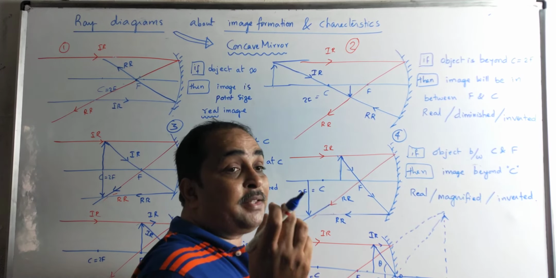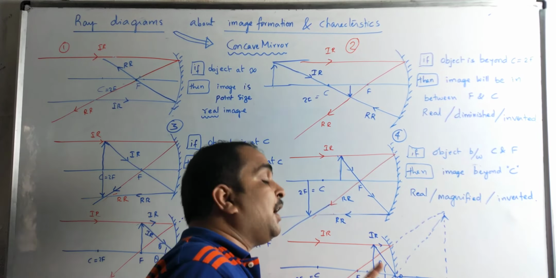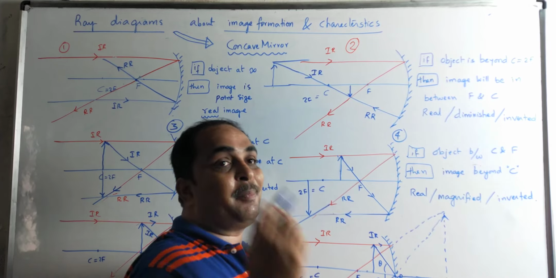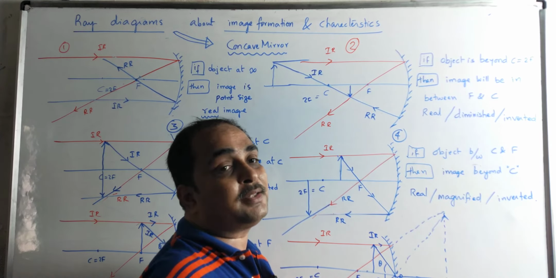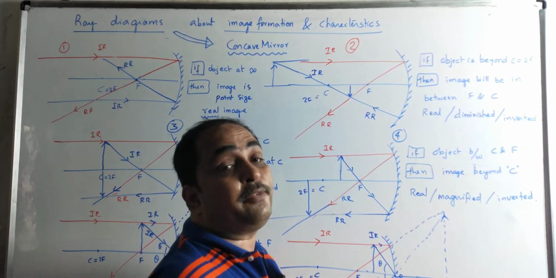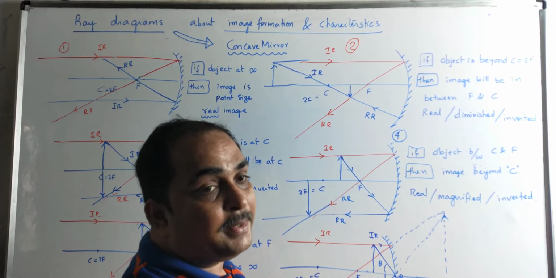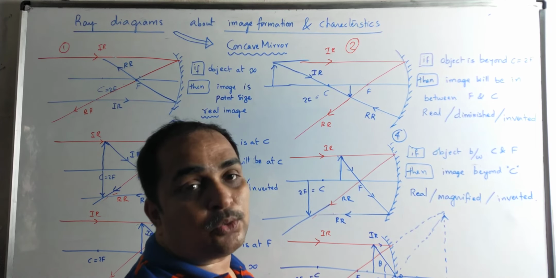But our eye has a sensibility that we can see from this side and think where the image might have formed, because our eye, our nervous system, our brain have special capabilities to recognize virtual images which are not actually formed. That's a great biology. You can use the word God, but in a physics class we cannot use that, but still that's the nature. Our eye can visualize virtual objects.